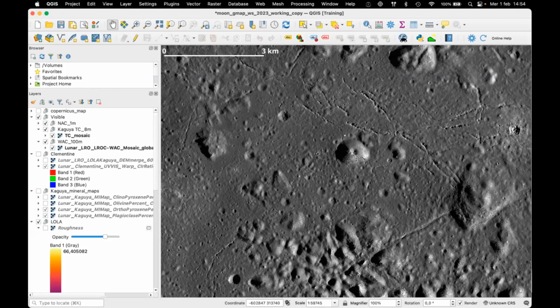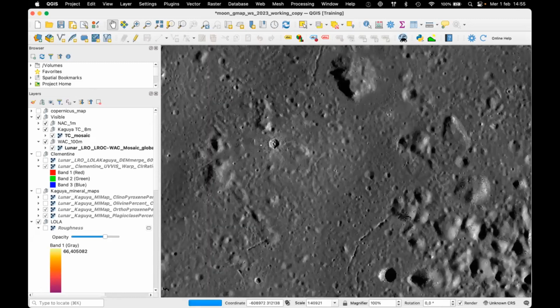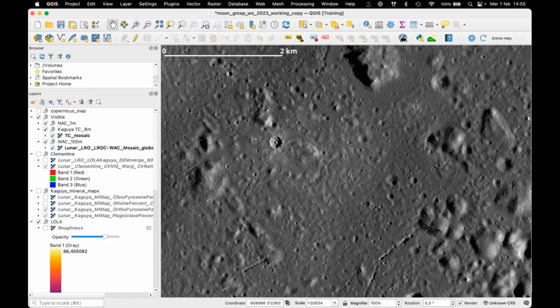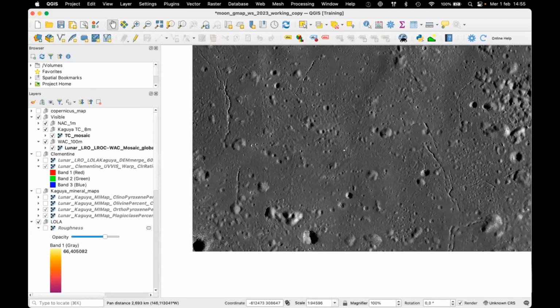So if this is a cinder cone or a volcanic cone with pyroclastic material, it's also a good idea to go and check whether we can get information about a different type of volcanism, so not the basaltic one, like the Hawaiian style one, but volcanism involving volatiles. This crater looks very bright. Maybe it's fresh, or fresher than the other ones, so it might be exposing different stuff. These are all things that are worth